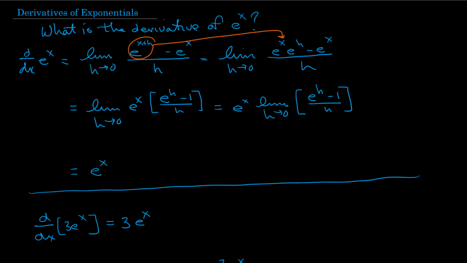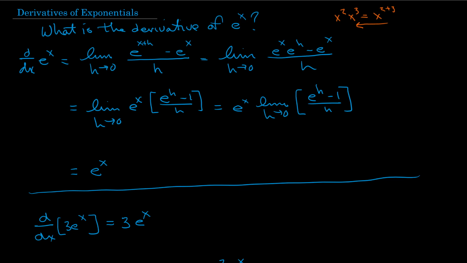Now, usually you're used to seeing this the other way around. Usually you're used to seeing things like x squared times x cubed equals x to the 2 plus 3. But in this case, we're going from the side of the equation where the numbers are being added in the exponent to breaking it up into two separate factors. So that's where we get our e to the x times e to the h minus e to the x